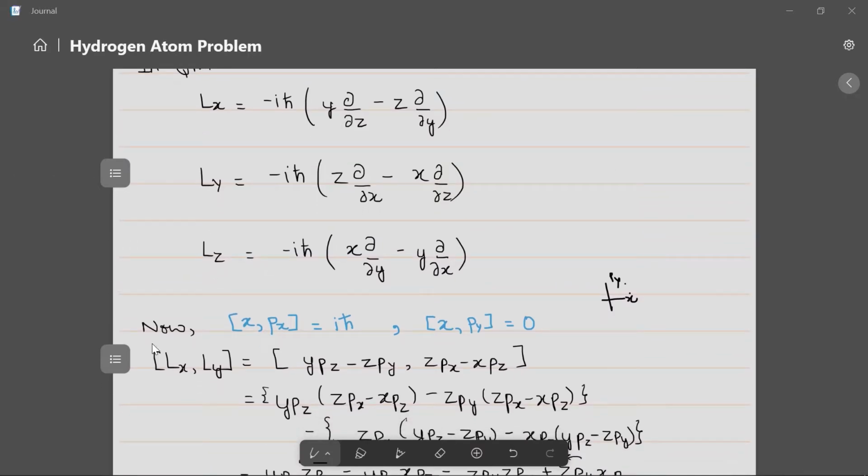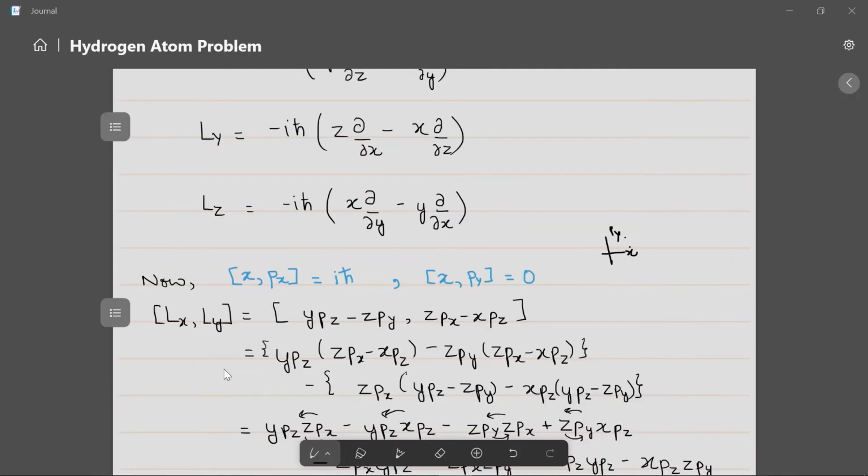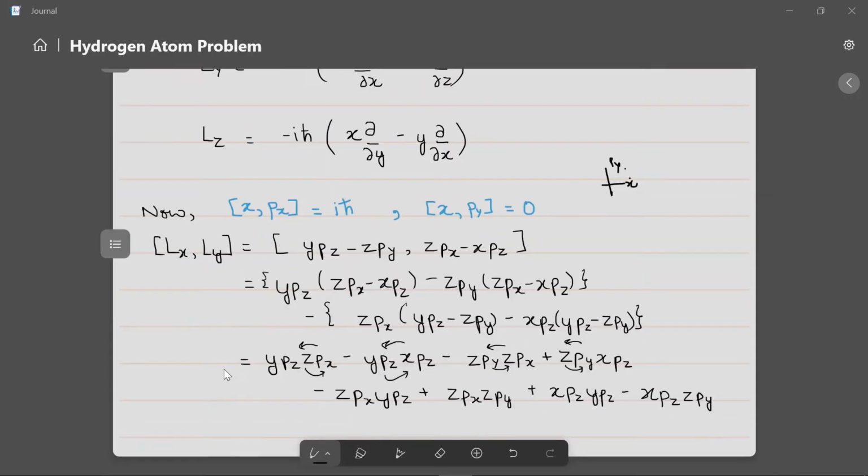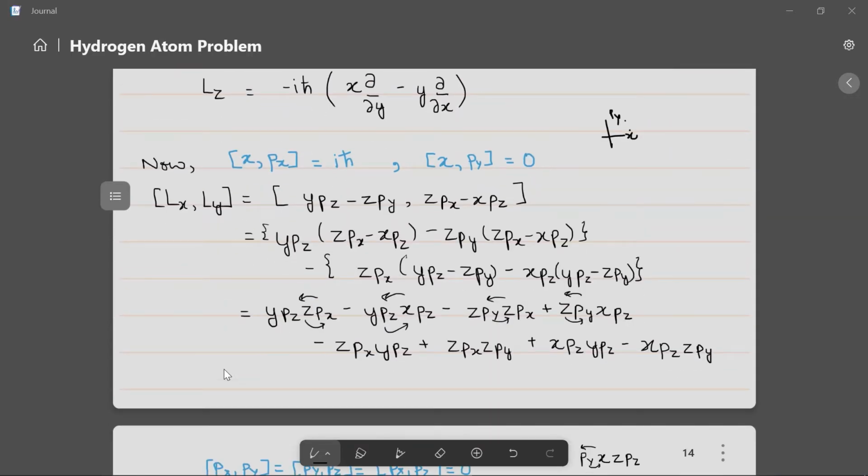These are two things that help us simplify things and see what the commutation relation comes out to be. So if you take the commutation of Lx Ly, any commutation relation is just given as Lx Ly minus Ly Lx. So you plug in the value. You have this first term into this, and then the second term into this. Now you'll try to open the brackets. Note that it's not just plain algebra where you can shuffle the terms, it's all operator form, so you need to be cautious about the order in which you are writing the operators. So you just open up all the brackets.